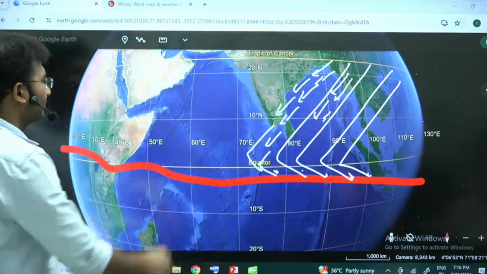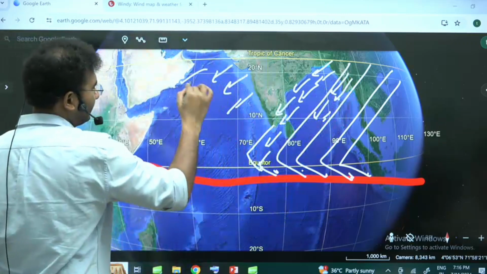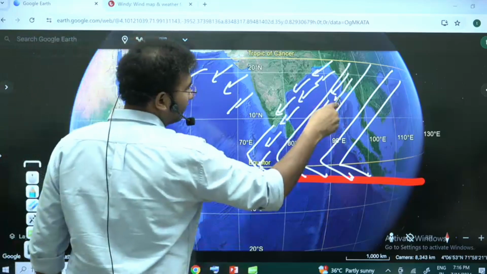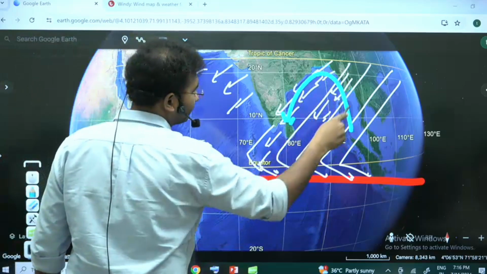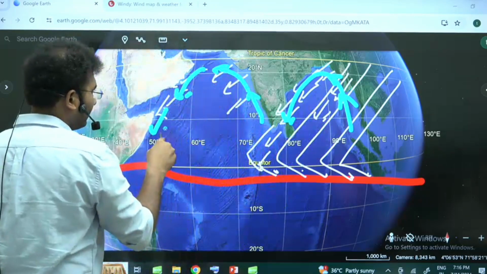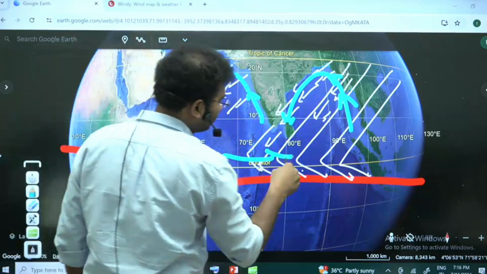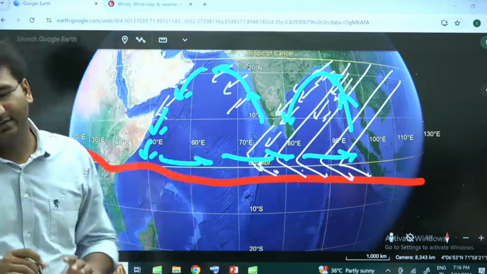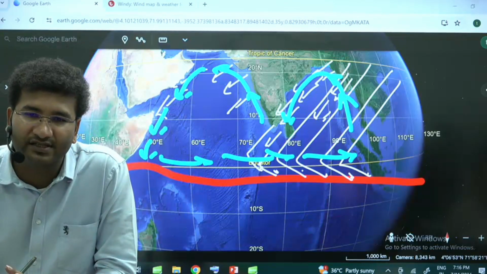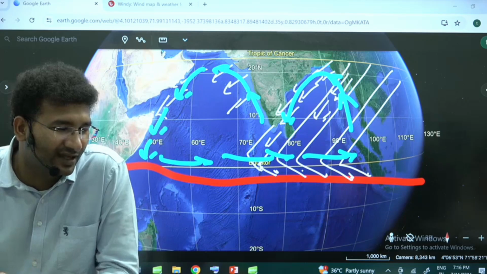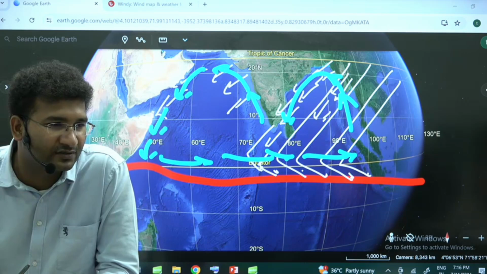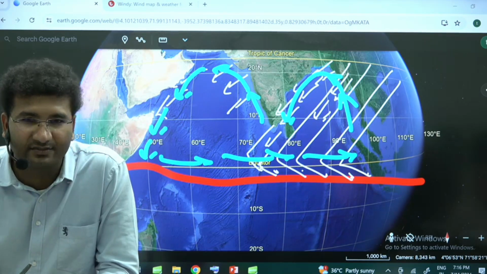Clear? So likewise, a part of wind system is also in this direction. Literally, the wind system entirely reverses, like this. Now the water system will be moving in this direction. In the earlier case, how the water system was? Ulta, na? Yes. That is how the oceanic circulation in the Indian Ocean is reversing during the months of June and January. Explain. It's simply you have to write about southwest monsoons and northeast monsoons, the wind direction and the ITCZ zone.